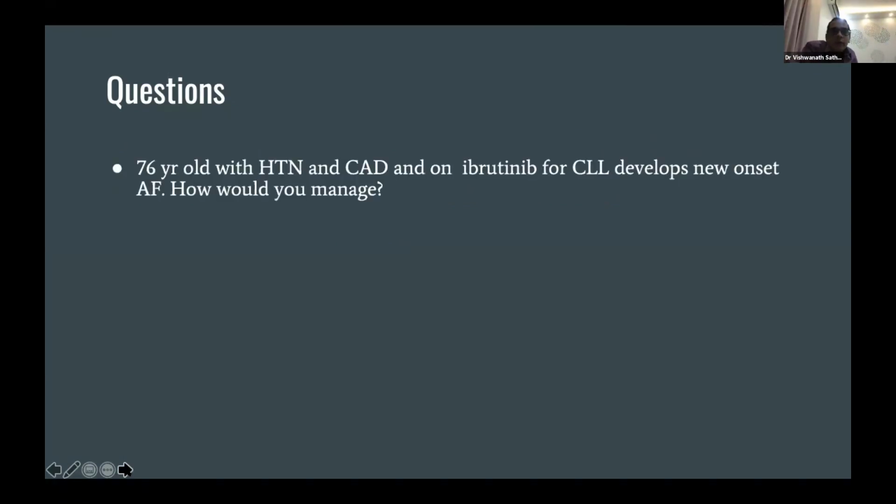Okay. And last question, probably. So if you have a 76-year-old with hypertension and coronary artery disease on ibrutinib for CLL, who develops new onset atrial fibrillation, how do you manage this kind of situation? Yeah, so in this situation, from a practical standpoint, I temporarily hold their ibrutinib, have them evaluated by the cardiologist, see what they want in terms of their CHA2DS2-VASc score, and if they want to put them on anticoagulation, what they want to do. And again, if